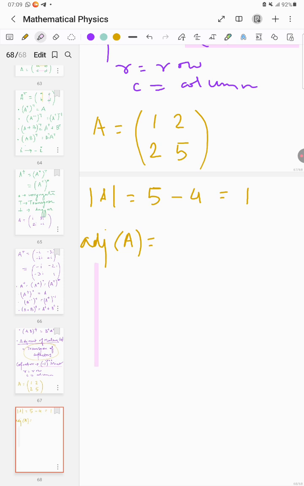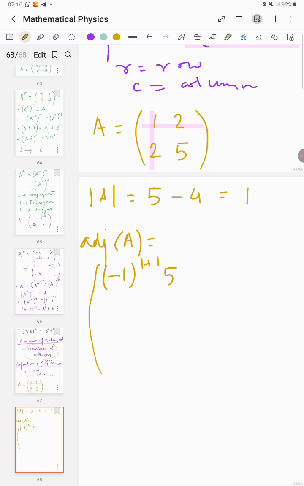So now adjoint of A is minus 1 to the power, the first element belongs to the first row and first column, so 1 plus 1, into its minor. In order to find the minor of one element, what we do is hide these 3 elements. What is left is 5, so our minor will be 5. Alright,